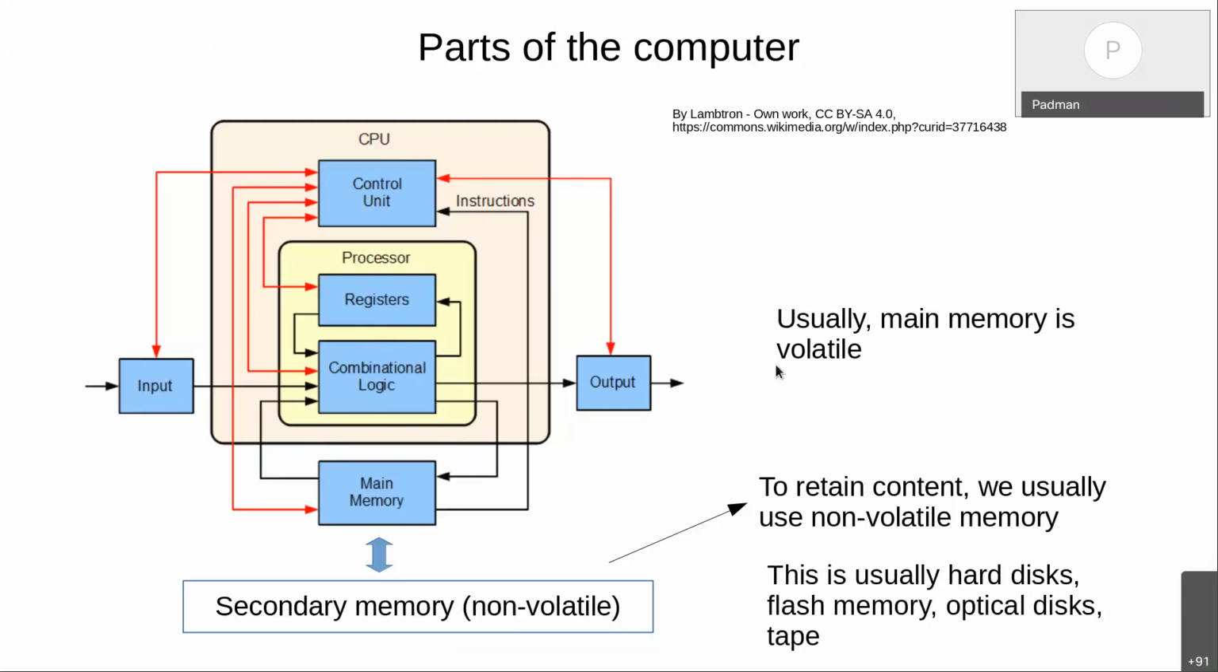What do you mean by volatile? What is volatile? Which cannot retain it. Yeah, it needs power. It requires power, because if you pull the plug, the contents of the main memory get erased,